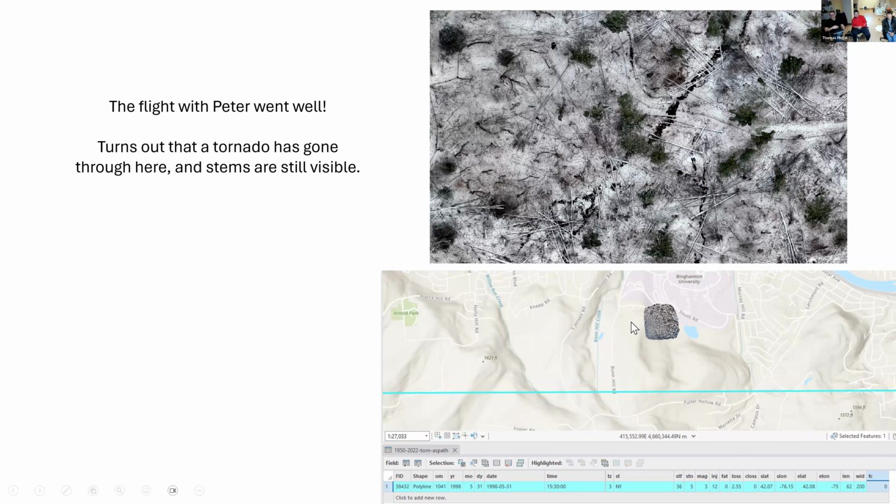And I talked to Erin Otter, who teaches some of our physical geography classes, and I was like, do you know about this tornado? And she's like, oh, I definitely do. This was part of this outbreak and it was whatever. So I'm going to chat with her about it. I don't have any project in mind with it, but it does dovetail with two projects that we've done before